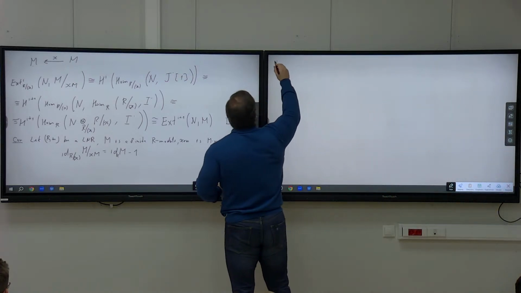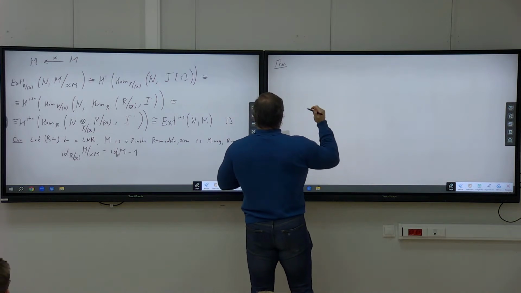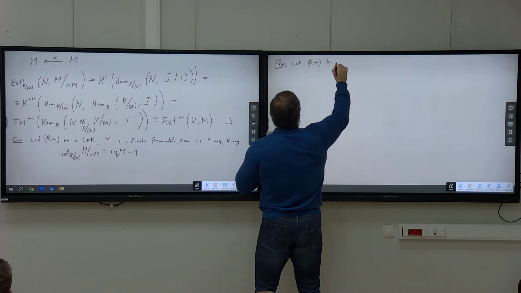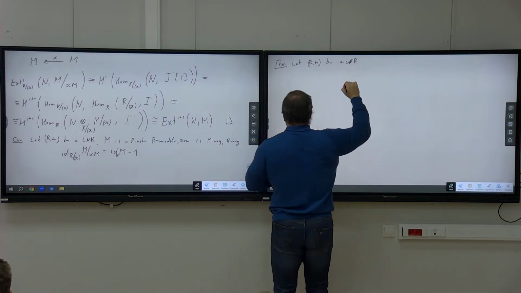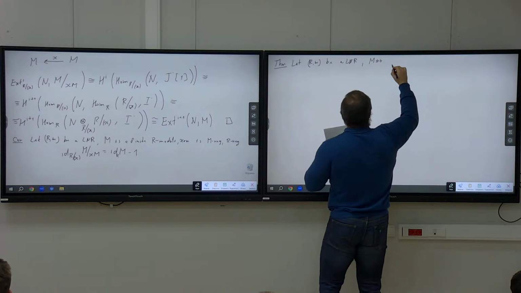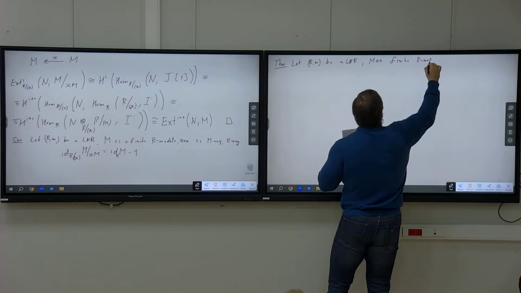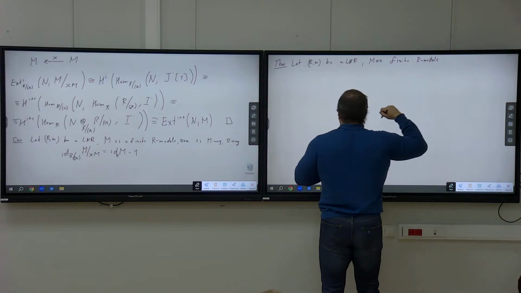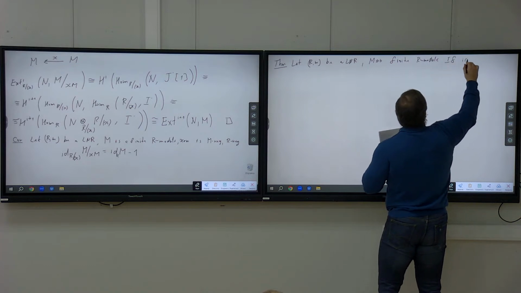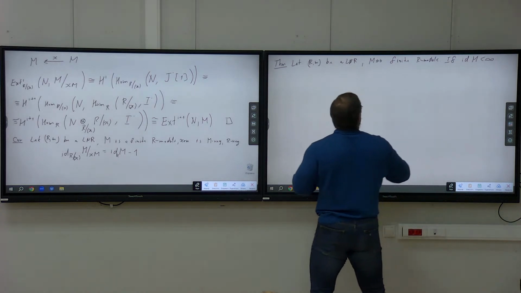Okay, theorem. So let (R, m) be a local Noetherian ring, and M a non-zero finite R-module. If the injective dimension of the module M is finite, then we have the formula